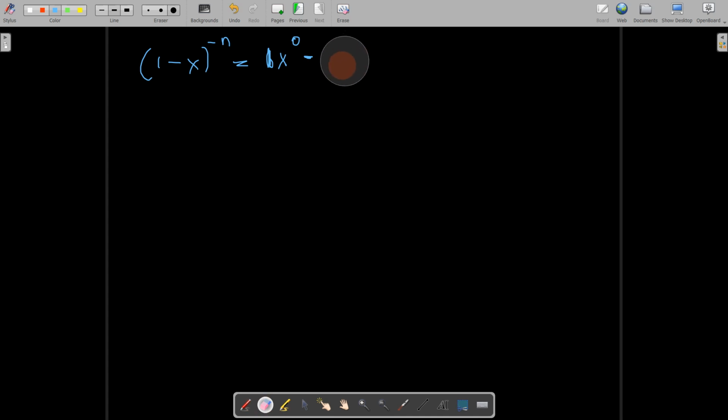And n choose 1, how can you write n choose 1? n choose 1 is nothing but n, and we are substituting n with minus n, so this would be minus n x to the power 1 plus, right? n choose 2 is n into n minus 1 by 2, and this n will be substituted by minus n, so that would be